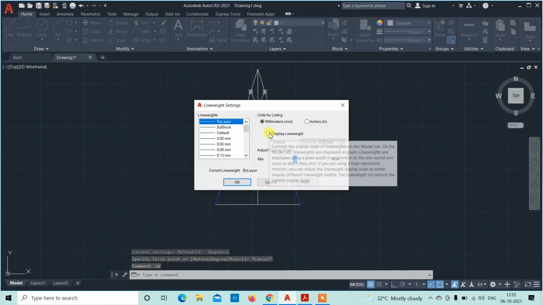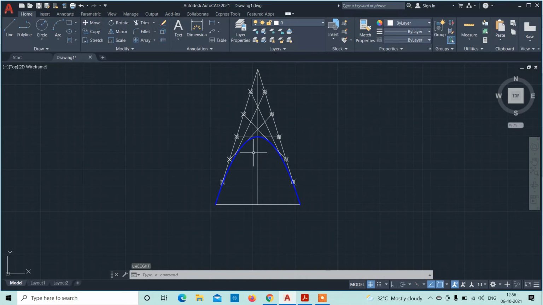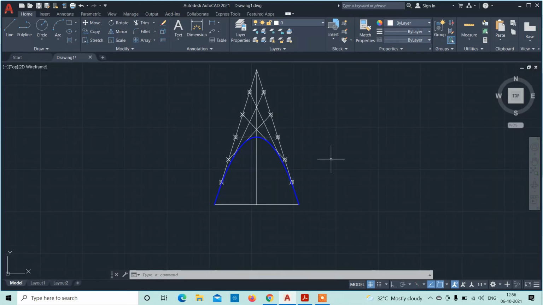Then you click on display line weight. Then click OK. You can see that the thickness of the spline has increased. It will be making the parabola look better. If it is thin, we may not be able to distinguish it from the other lines. That's why we have to increase the size as per the requirement.